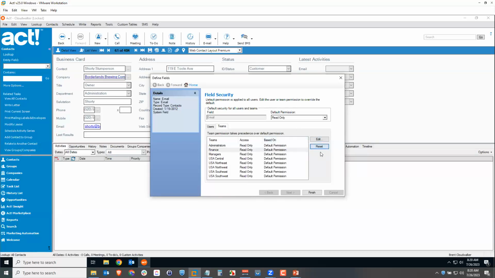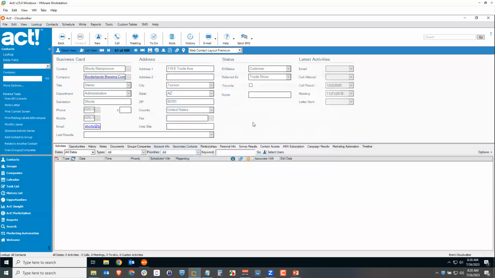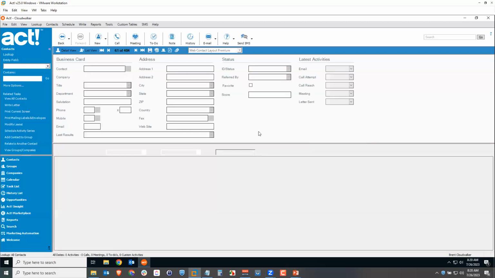Okay, I'm going to reset that because I really don't want to do that. I don't want to mess up my database in the future. Okay, so I'm going to click Finish here, and let me show you a different way to use Teams for security. So first, we looked at field level security, which was changing a specific field